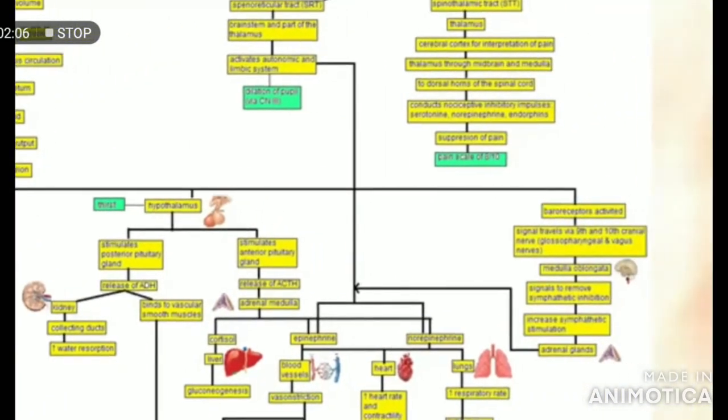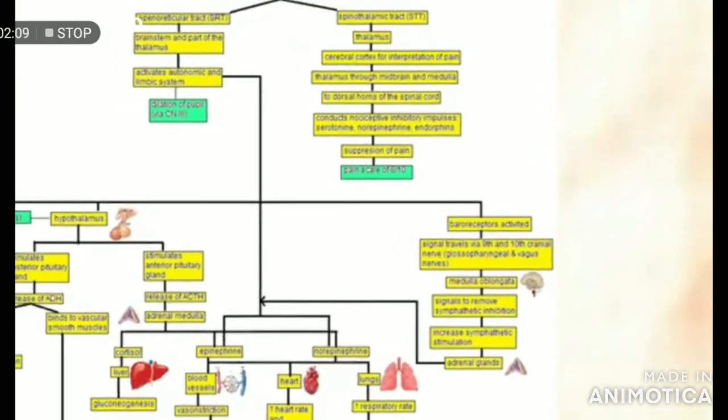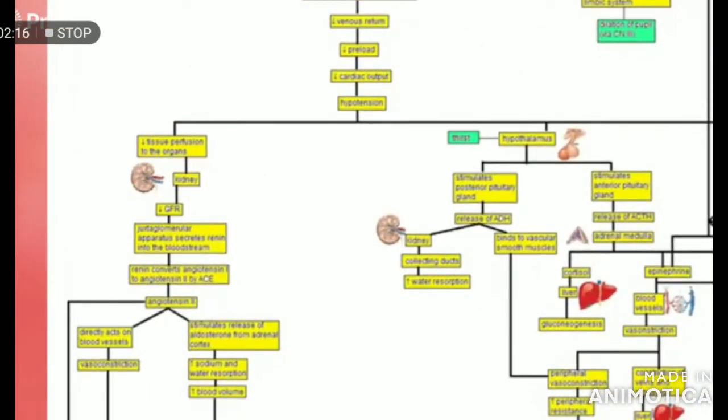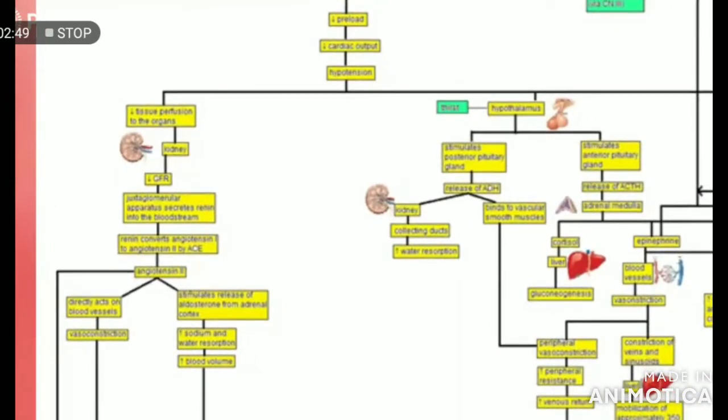It will also trigger the hypothalamus, and the baroreceptors are activated. First, we discuss the decreased tissue perfusion to the organs. If there is a decreased tissue perfusion to the organs, for this part, I will only concentrate on the kidney, since my case is highly concentrated on the kidney. So the kidney then triggers a compensatory mechanism when there is a decrease of GFR. So when there is a decrease of glomerular filtration rate,